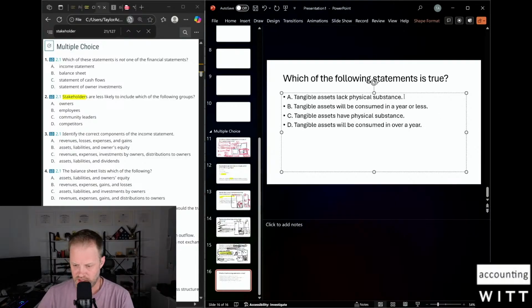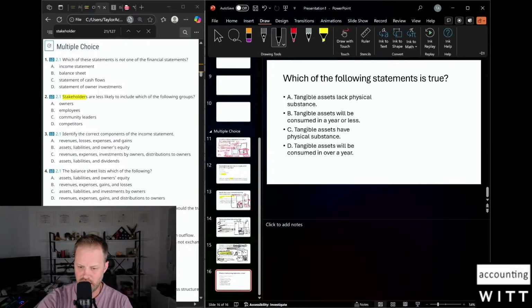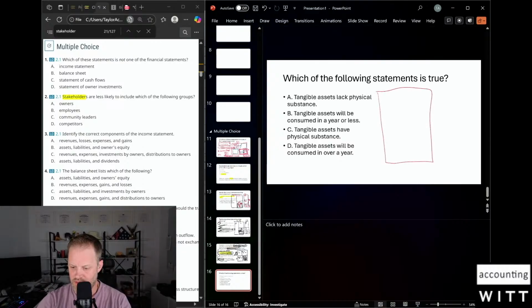Intangible assets lack physical substance. Intangible assets will be consumed in a year or less. Tangible assets have physical substance. Tangible assets will be consumed in over a year. So, two things going on here. They're trying to identify if you understand the concept of how